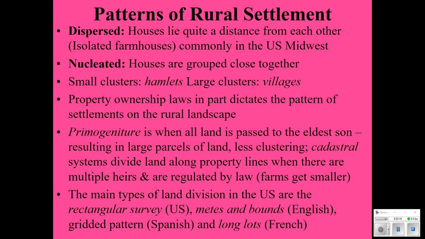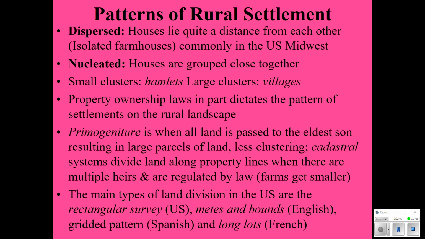When the Spanish came to America, they generally favored a gridded system, and everything was kind of surveyed out. If you were in the fifth grade, or in your fifth grade elementary school, you went to St. Augustine on a field trip. A lot of kids in Florida do that. You'll remember that St. Augustine is a perfectly gridded landscape. All of the streets meet at right angles. All the property ownership is laid out in these squares.